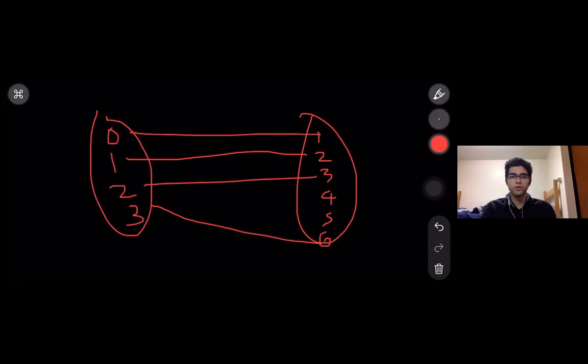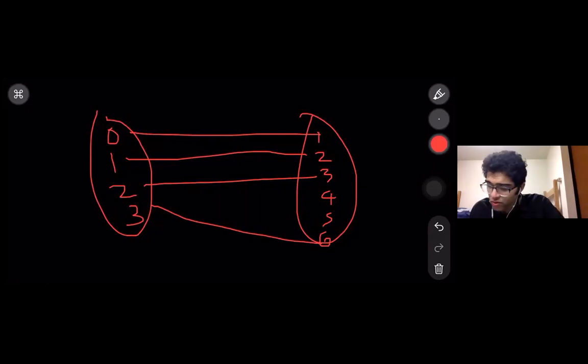I cannot hear you. Okay. Can you unmute your, okay, his mic is not working. That's okay. Anybody else has any suggestion on how to make this an onto function without changing the domain or the codomain? I don't want to change anything. I want to keep all these numbers the same. Okay, I will allow you to think about this. Let's not get into the answer now. We'll talk about it next time.